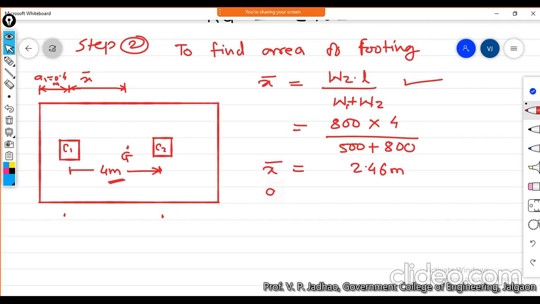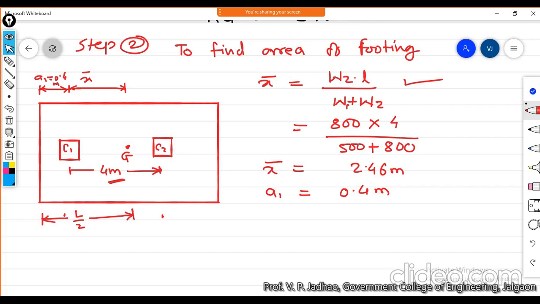We have this A1 already given in the problem, that is equal to 0.4 meter. Now the basic assumption behind solving this design of a combined footing is that the center of gravity of the load will coincide with the CG of your footing, meaning your load will be acting at the center of this particular footing. So this distance should be L by 2. The distance of this CG should be L by 2.